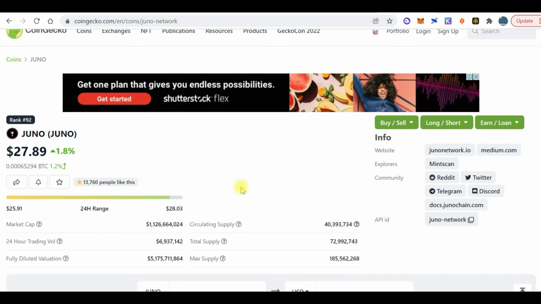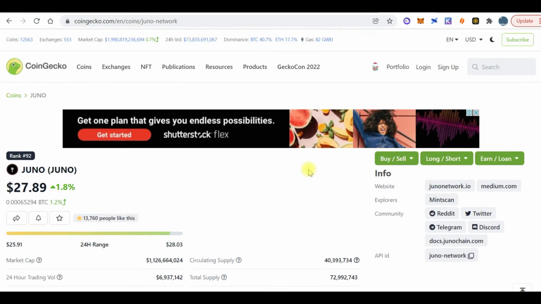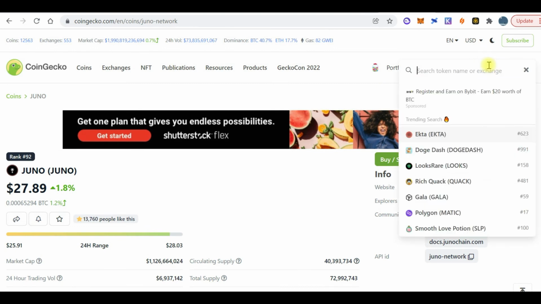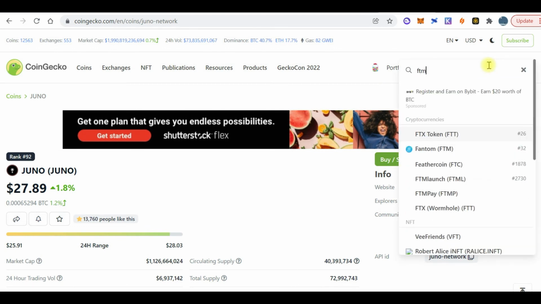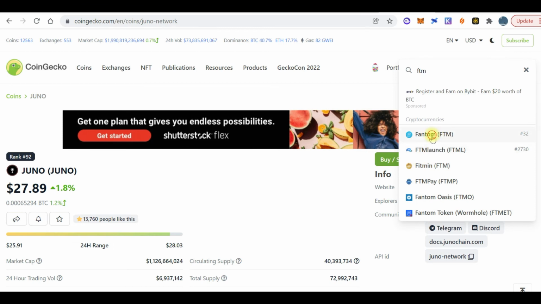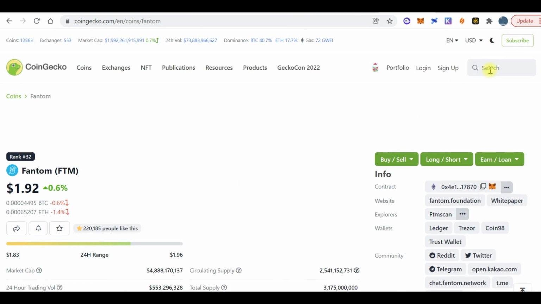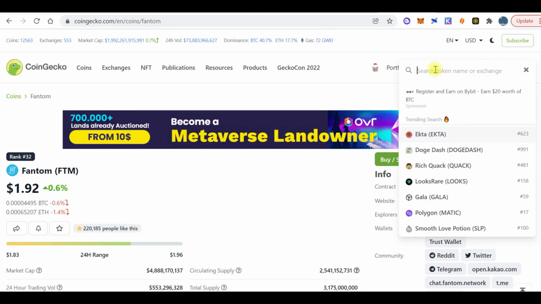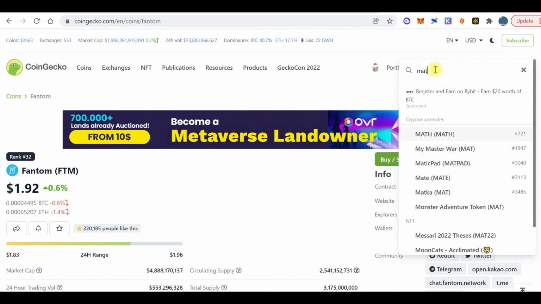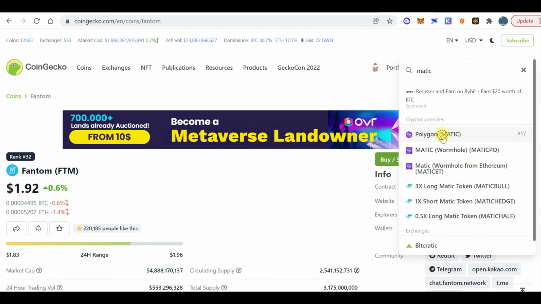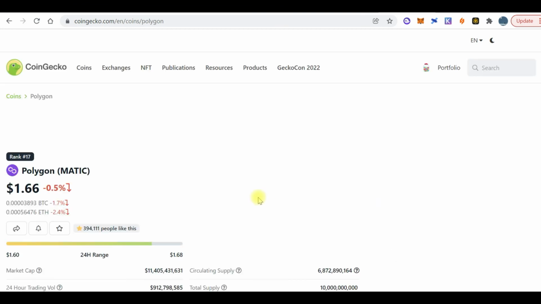too small, right? So we could check some other newer chains, or not really that new, but that are not really offering something too spectacular. We're looking at Fantom, which will have almost $5 billion in market cap, which is just an L2 solution. We're looking at Matic, Polygon.